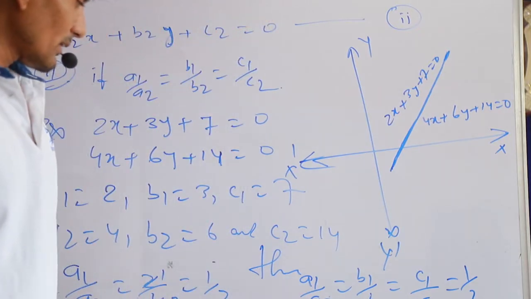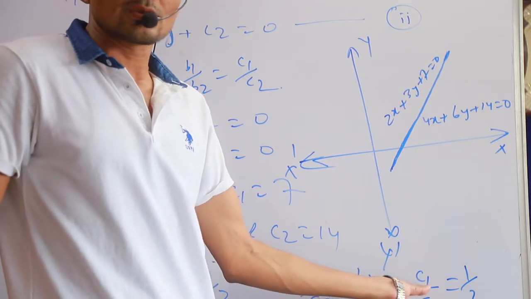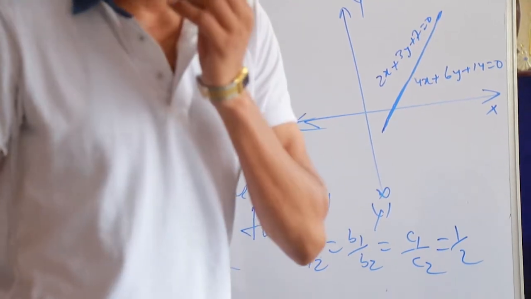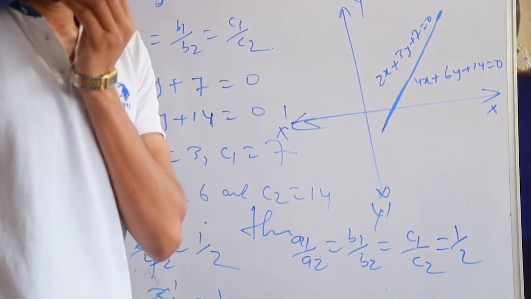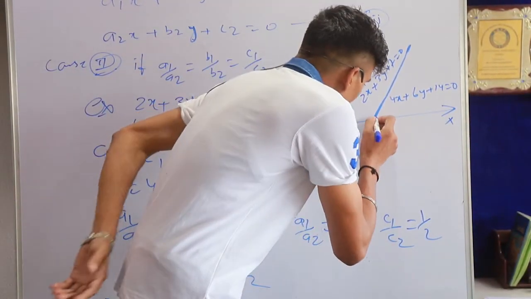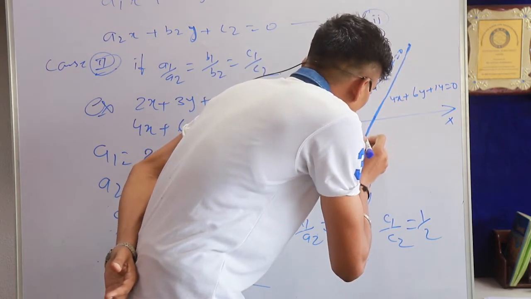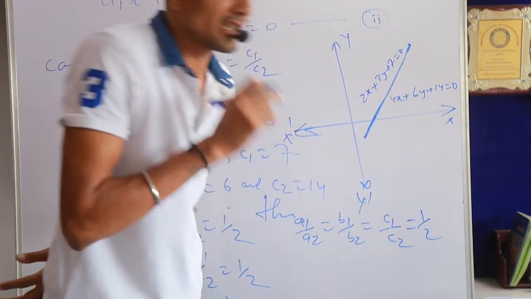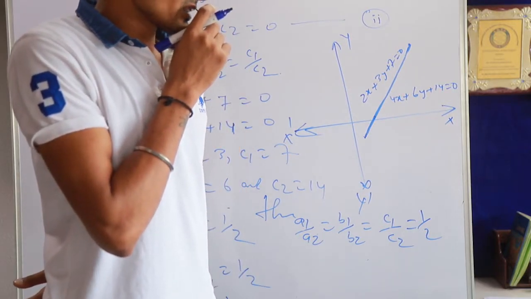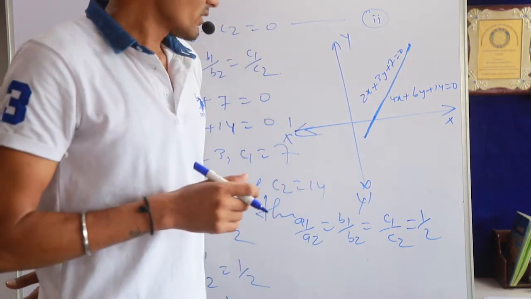If our condition is like that, that means a1 by a2 equal to b1 by b2 equal to c1 by c2, in this case we will get many solutions of the linear pair of equations. My dear students, what do we mean by many solutions? That means the graph of one equation is coincident at every point, each and every point. That means there is no breaking point. If there were a breaking point, you would get a break in the solution. Here there is no breaking point. Due to that, we will get many solutions of this equation.